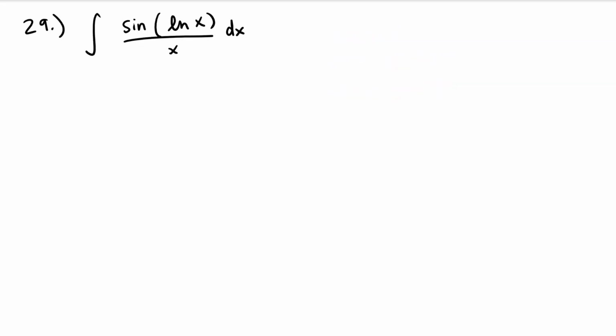For number 29, we have the integral of sine of the natural log of x all over x dx. I'm going to use u substitution by setting u equal to the natural log of x. Du is going to equal 1 over x dx. So rewriting our integral, we have the integral of sine of u, and then 1 over x dx is getting